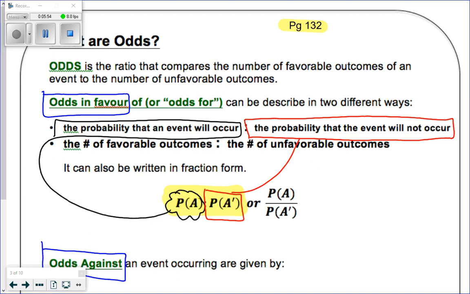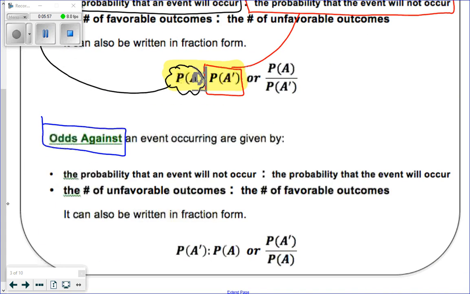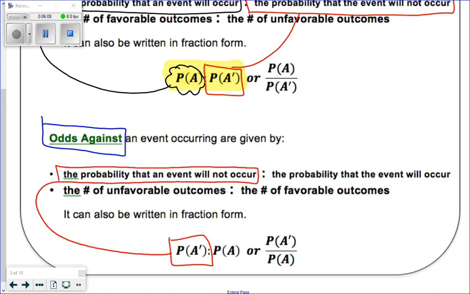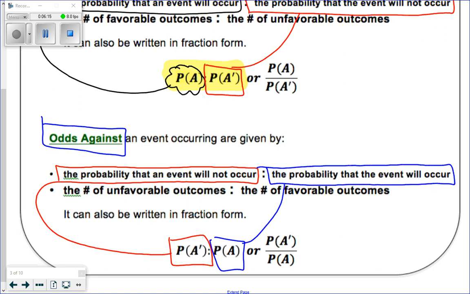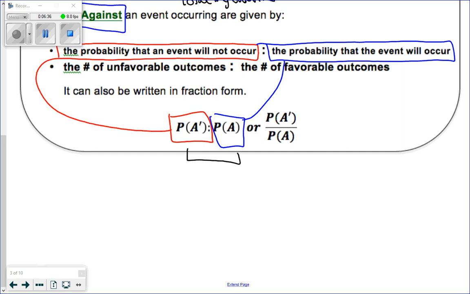Odds against is opposite. Odds against, the first number that you see is the probability that it will not occur. And the second number that you see is the probability that it will occur. And then the final thing is that if you were to add up these two numbers, you would get out the total number of outcomes. So if you add these up,